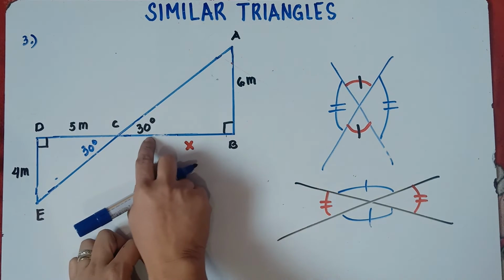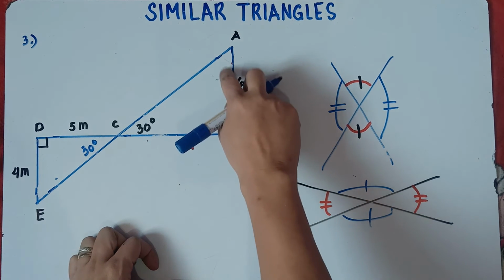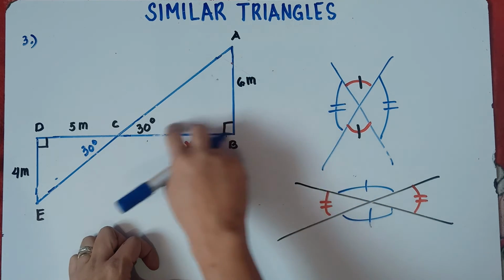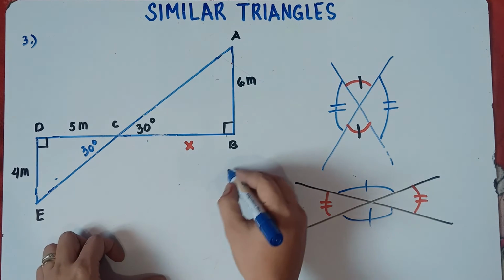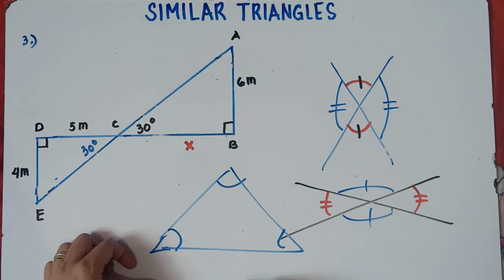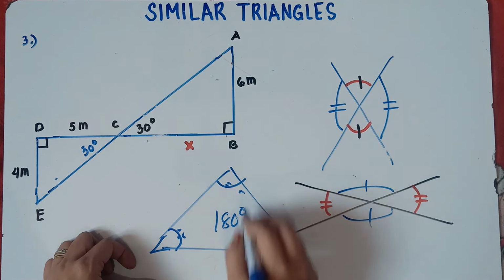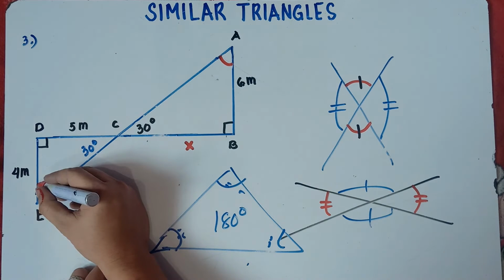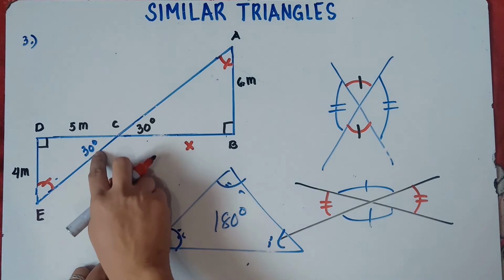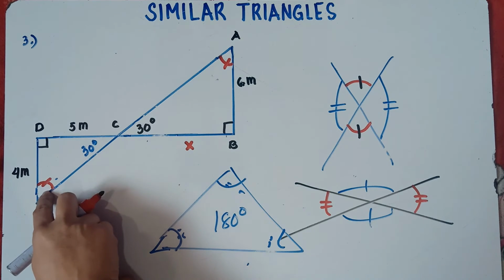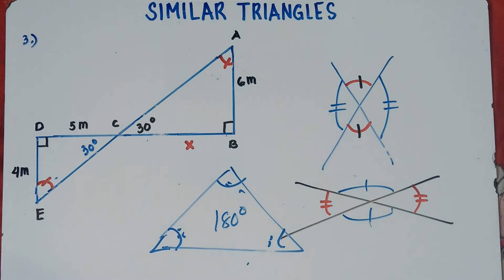So we have 30, we have 90, therefore this should be 60, class. Why is that, sir? Because the sum of interior angles should be 180, right? You still remember, class, in a triangle? Any kind of triangle, class, the sum of the interior angles should be 180 degrees. So this angle will be congruent to this angle, because this is 30, this is 90, so that's 120 plus 60, that would be 180. So therefore, this is 60, this is also 60.